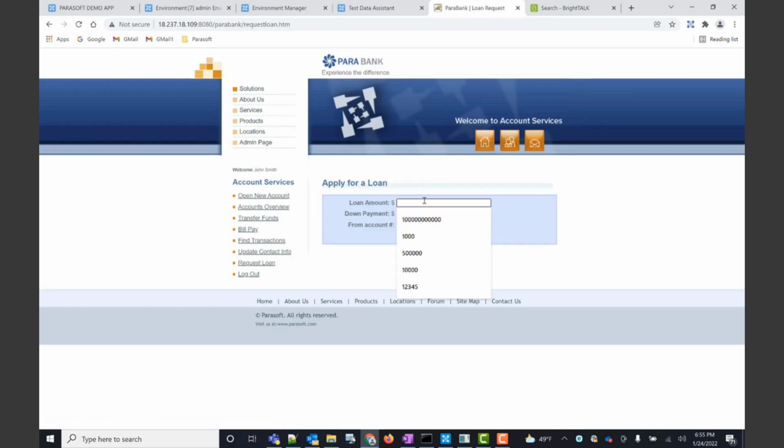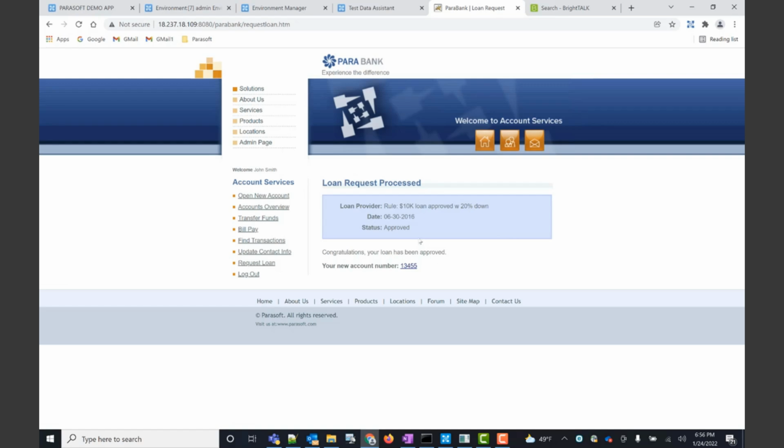I want that same $10,000 loan, but I'm going to put down 20%, so I'm going to put down 2,000. If I click apply for that loan, it says, congratulations, the loan has been approved: this 10K loan is approved with 20% down.